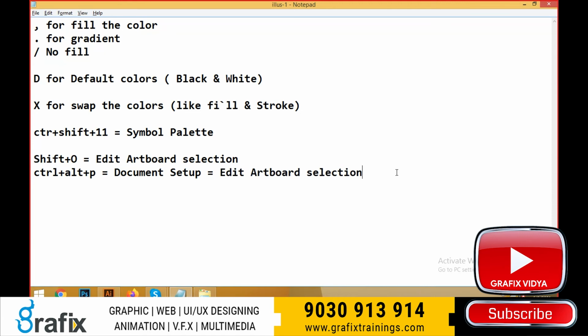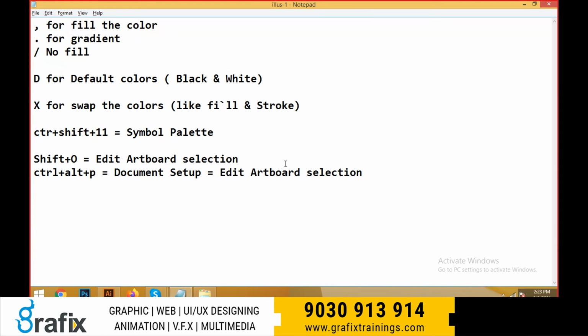We can edit the artboard selection easily using document setup, Control-Alt-P.